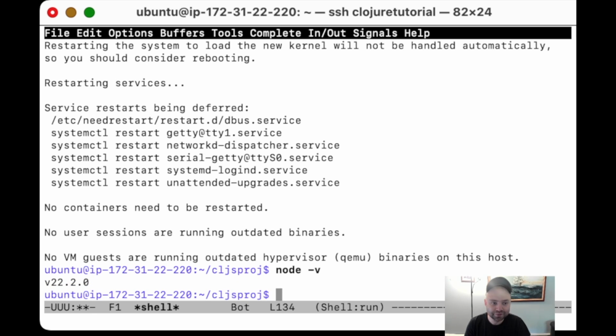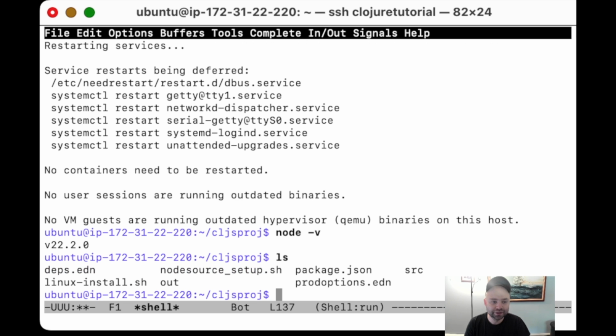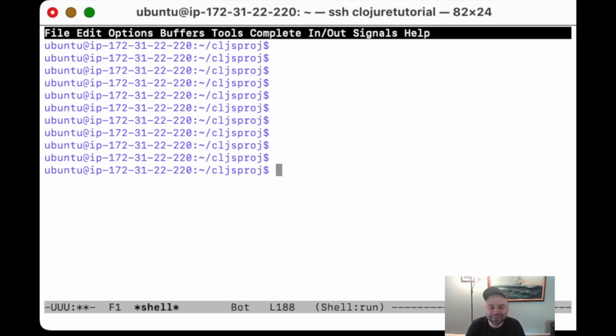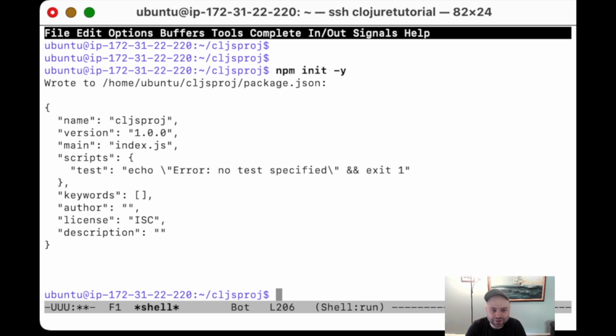So that looks good. And now I actually probably want to remove the setup script from my project directory now that I've already used it. So now I need to initialize npm for my project. So I'm going to do npm init -y to initialize npm with the default options. And now I can finally call npm install